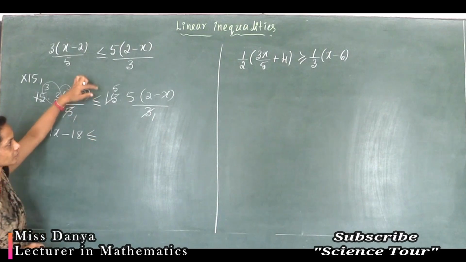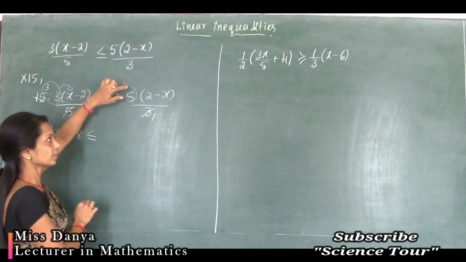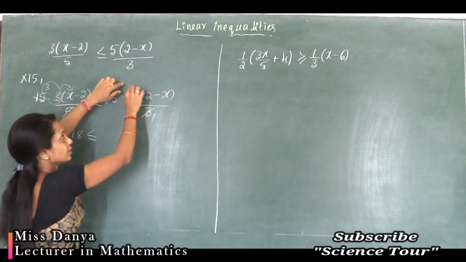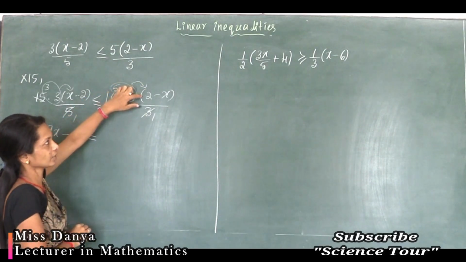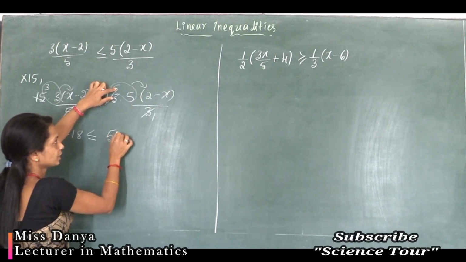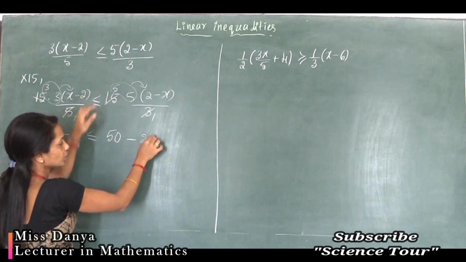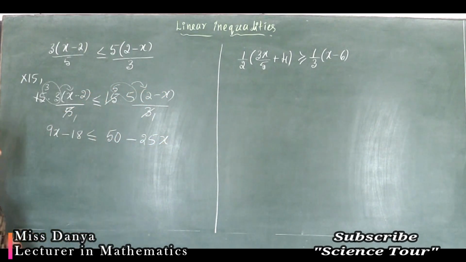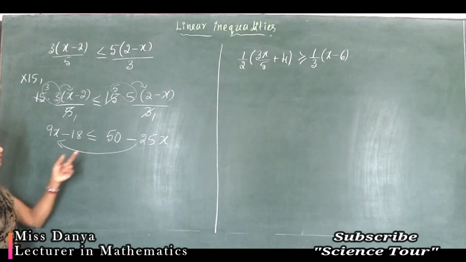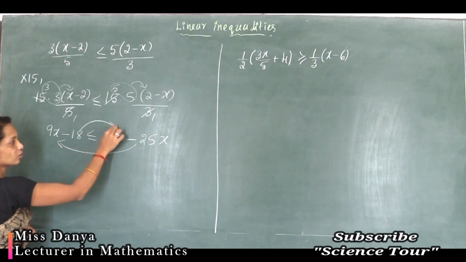Here outside the bracket you have 5 into 5. What is 5 into 5? That is 15. Sorry, 5 into 5 that is 25. 25 that you have to multiply inside this bracket. Okay, 25 into 2, that is 50. Then the minus symbol, 25 into x that is 25x. Okay. Now the x term is larger on the left side, so to that side you have to shift all x terms, that is minus 25x you have to bring to the left side, and to the other side you have to shift the numbers.